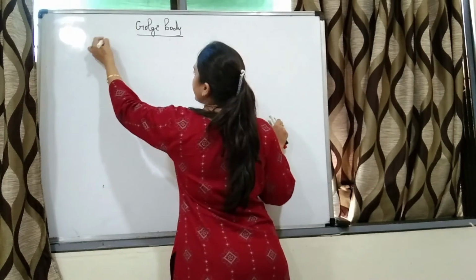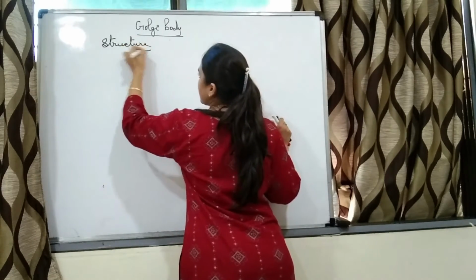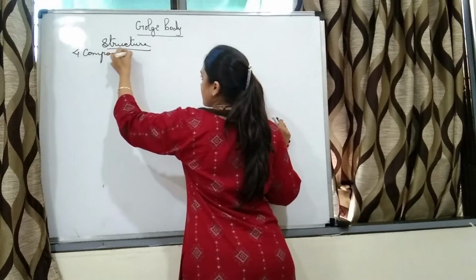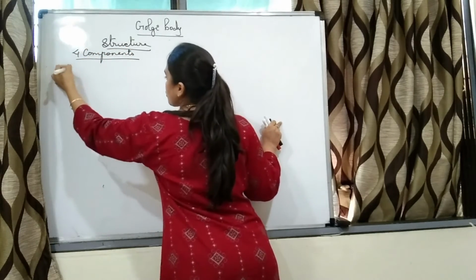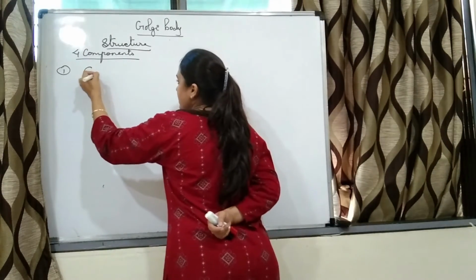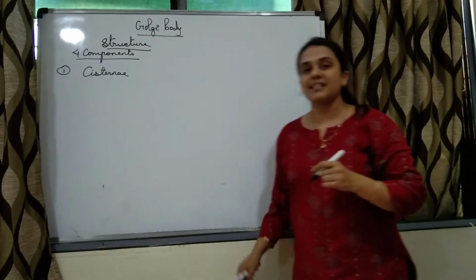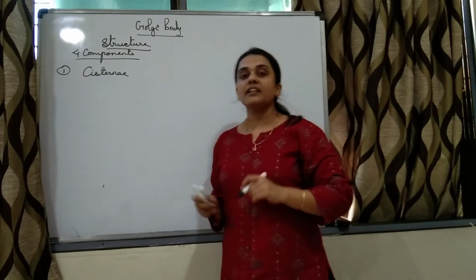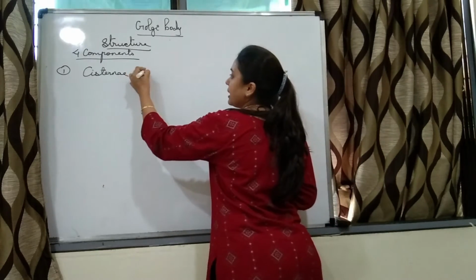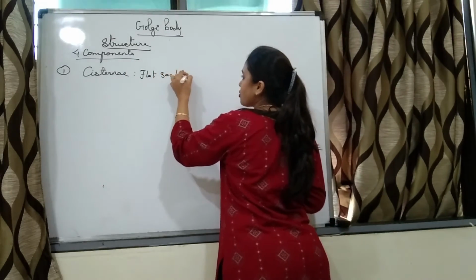Structure of Golgi body, right? It is made up of 4 components. Which are those 4 components? The first one is called cisternae, right? Singular form is cisterna. So this you have studied in endoplasmic reticulum also, right? So what is cisterna? It is flat, sac-like structures